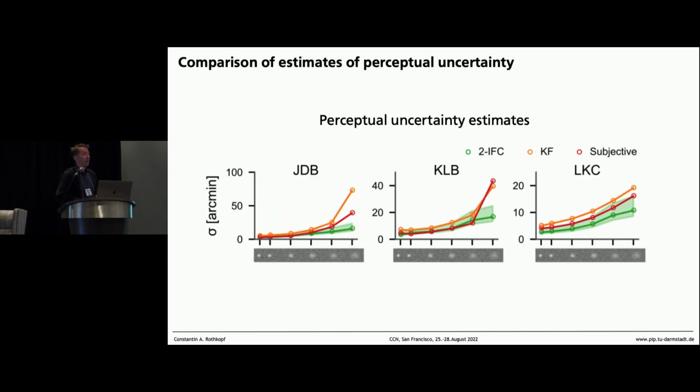All right, so let's revisit the data that Larry and Kate Bonnen collected in their lab. Here are the 3 subjects. What you can see here is our reanalysis of the 2IFC task, the Kalman filter, and the subjective model. There is still quite a bit of discrepancy for the lowest contrast. So there is something there that our model is not capturing yet, which is exciting because now we're thinking about how we could approach this.